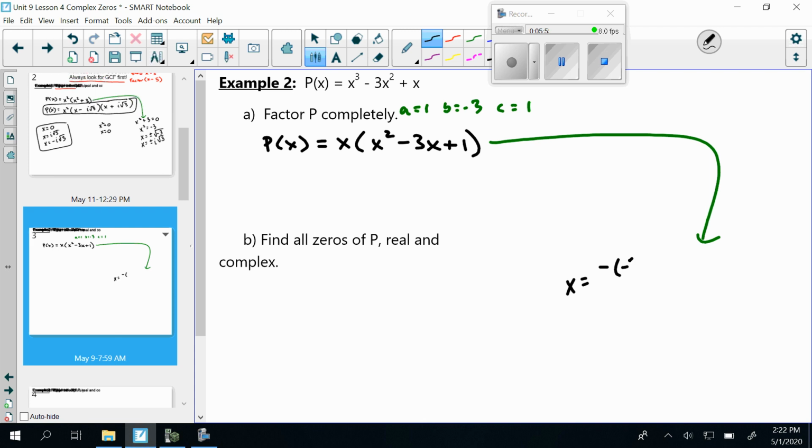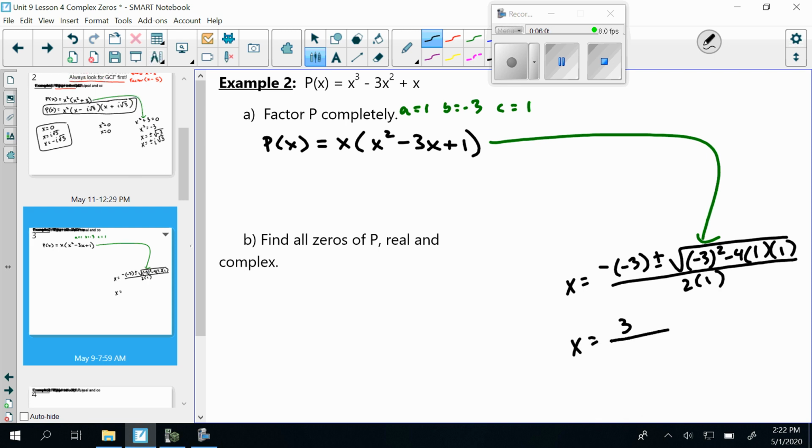So we got opposite of -3 plus or minus the square root, -3 squared minus 4 times 1 all over 2 times 1. That's going to simplify to +3 out here. We got 2 on bottom. And in that parentheses, we got 9 minus 4 times 1 times 1 is 4. So 9 minus 4 is 5. So square root of 5. So the zeros then that we get from this one